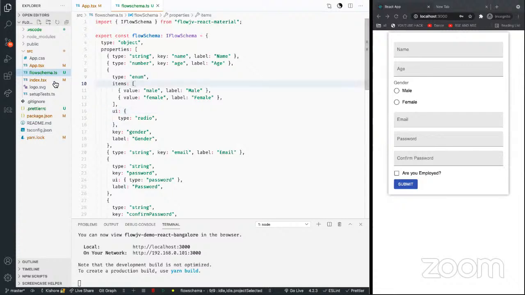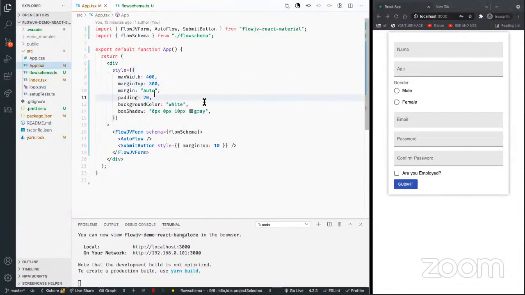Now, creating this schema is fine. So how do we show this UI, right? For that, all we do is there is this FlowJV form that gets imported from FlowJV React material, from which we are going to say, all right, this is the form I want to render, and the schema for all the fields that need to be shown over here is flow schema that is imported from this file. And then autoflow is nothing but